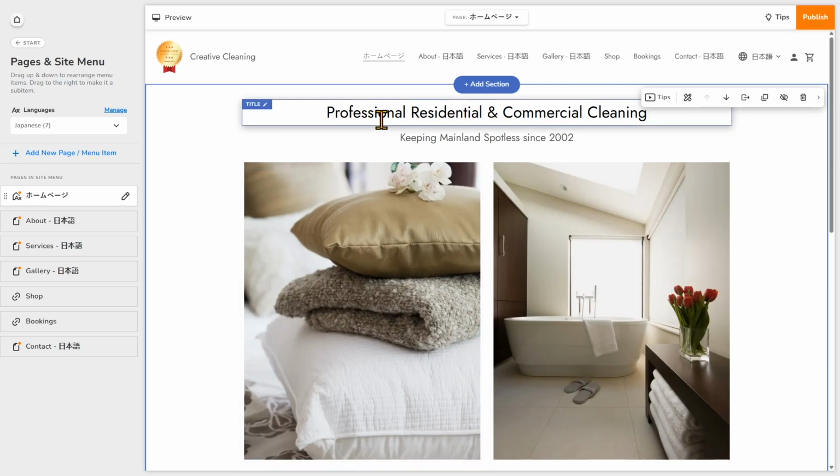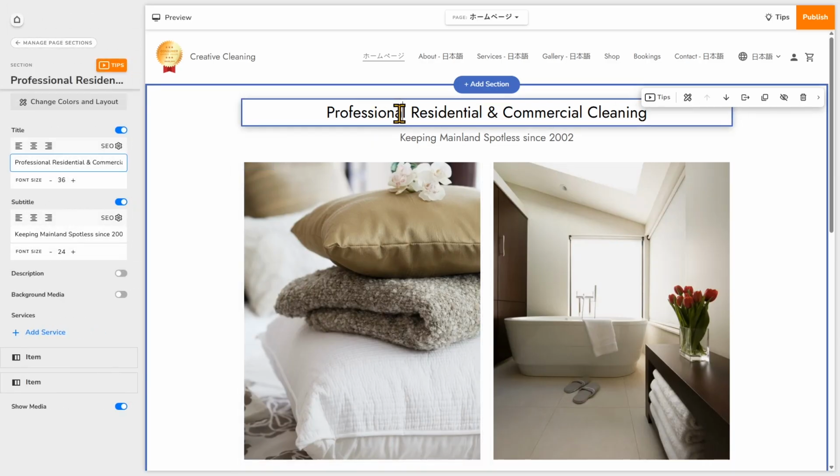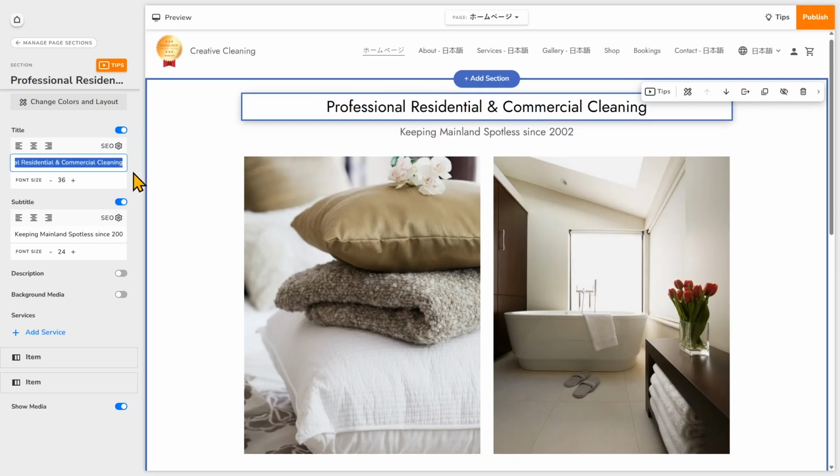So we'll start with the header on the home page. I'll grab this, copy it, and keep in mind, you can do this in a Word doc as well. Just whatever makes it easier for you to copy and paste the content onto these pages later. So now we'll go to Google Translate.